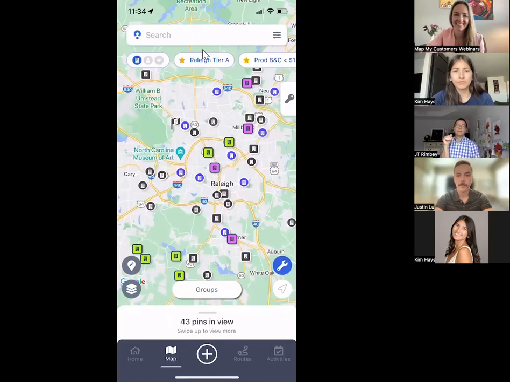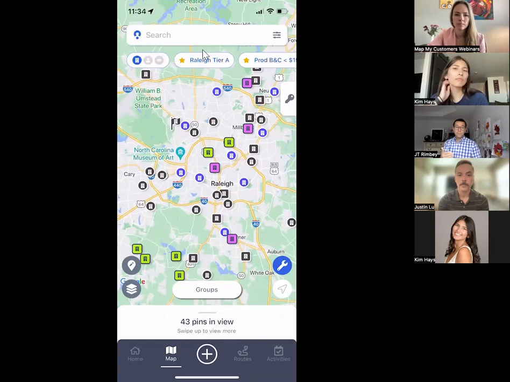What I want to reiterate in table set is everything that we're about to show with Kim, like always view it through the lens of ease of use for your rep. That's where Map My Customer shines. That's where we thrive. Outside sales reps need value and they need ease of use. So everything that Kim shows here in just a few minutes, it's related to your account segmentation strategy, and it